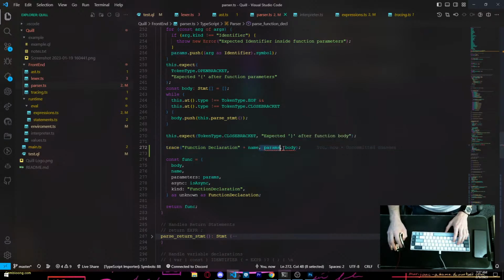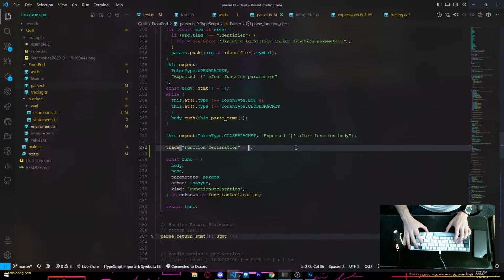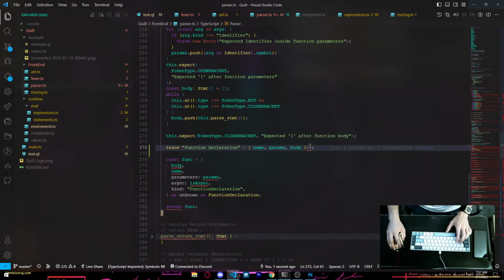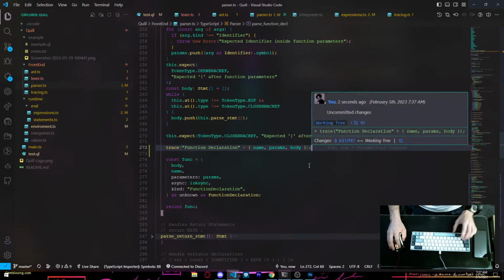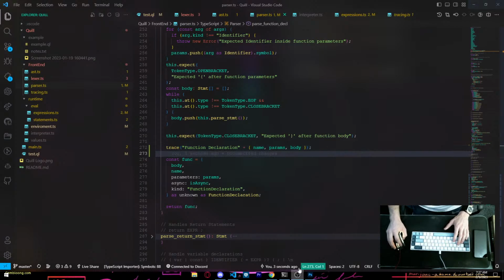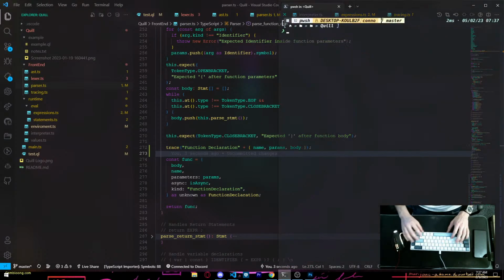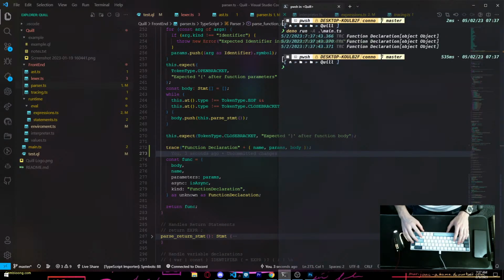Oh, so expected one argument. So let's do it like this. Boom. Alrighty. So now if we run it, we'll see that we now get our function declaration, this, and this.